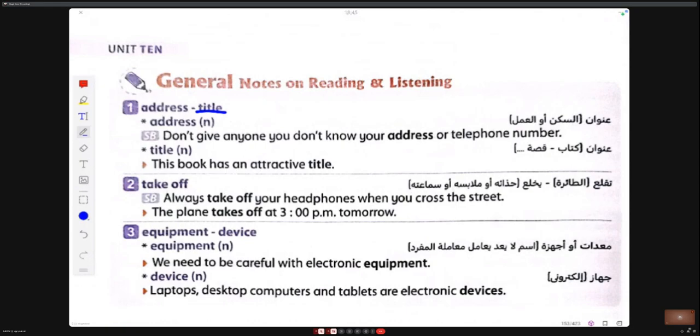Someone can be entitled, that means he can do something. I am entitled to explain this, for example. But title is the name, or بيقولوها بالعربي اللقب يعني.